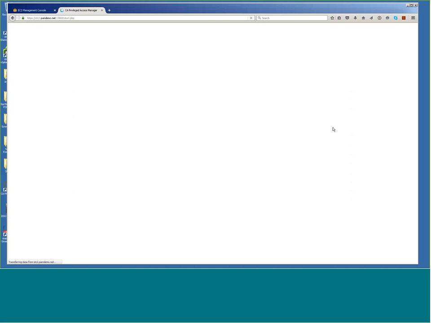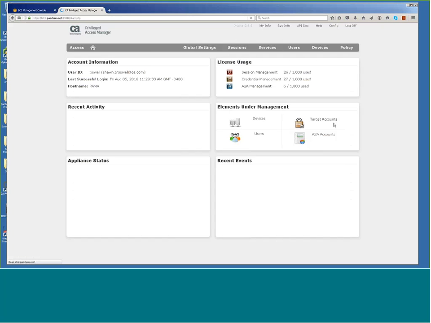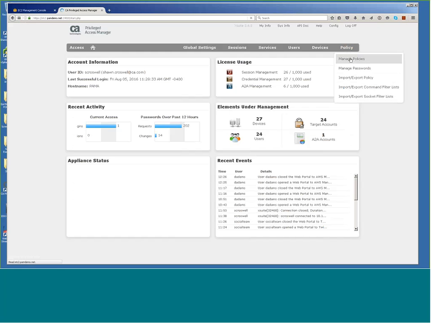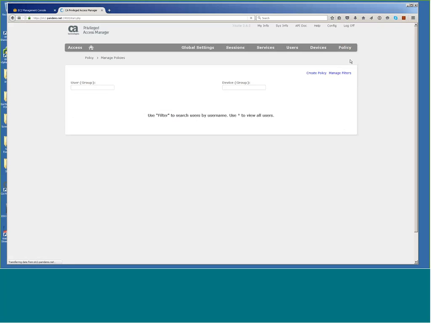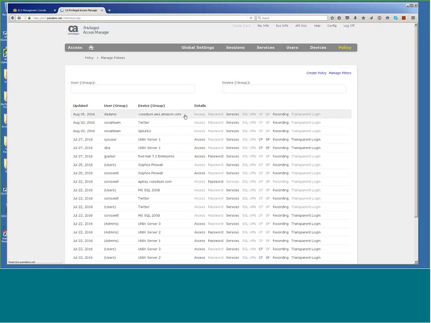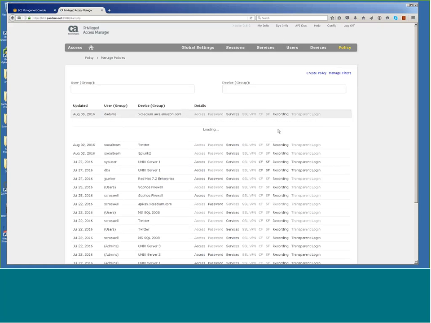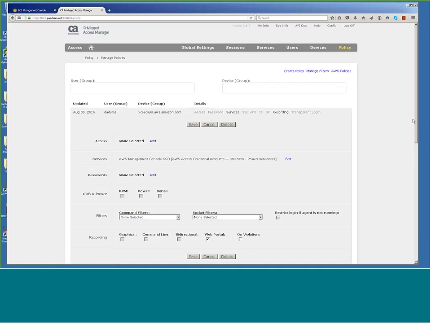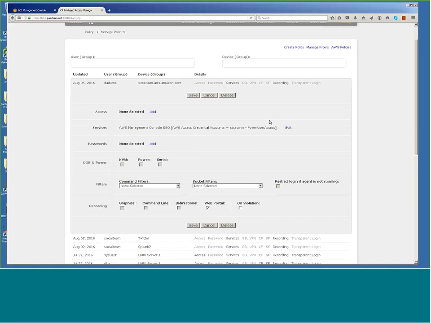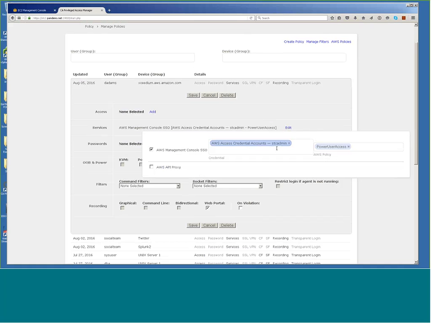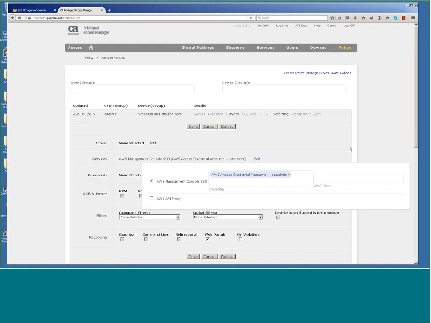I'm going to go in and log in as myself and take a look at the access policy we used for D. Adams to go in and take a look at the AWS Management Console. So if my access policies load up, this one happens to be on top here because I'm just moving it. You'll see when I set up the service, the AWS Management Console, you can see the account I use, so STC admin. That's the same account that I log in with to AWS. So again, in the first tab, but I can assign which AWS role I want here. So if I was to take away power user access, which gave D.